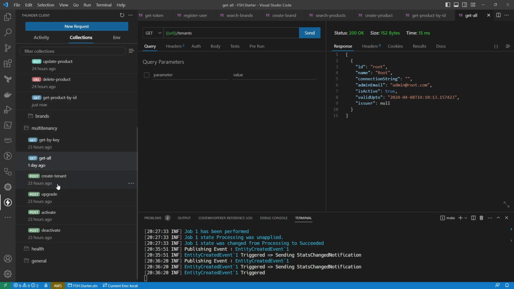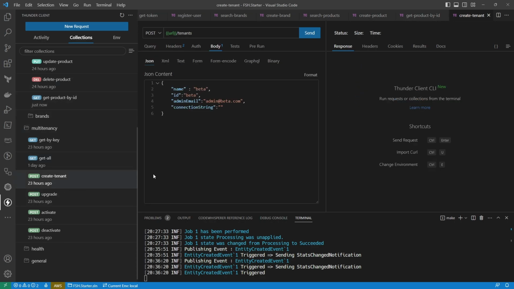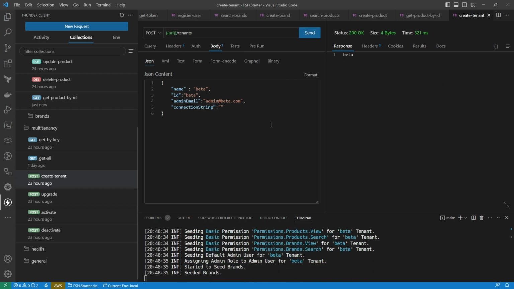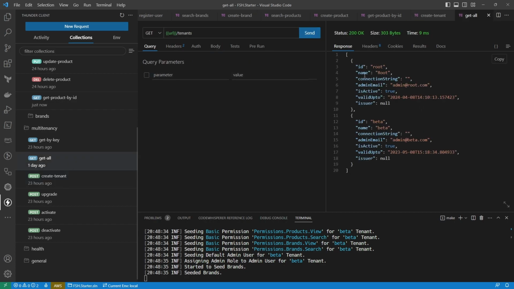So let me open up the create tenant. Here, since the connection string is empty, the new tenant will share the database of the root user. As soon as I send out the request, the default data of the new tenant beta will be seeded along with new admin users of the beta tenant. Now, let me send out the request. As you can see, we have seeded some data for the beta tenant and it's showing up in the logs. Now, when I run the get all request, I'll be able to see the new beta